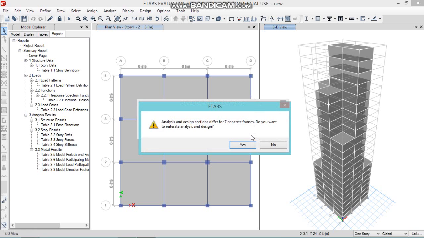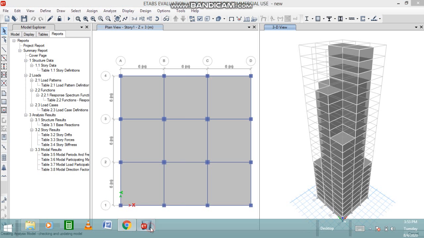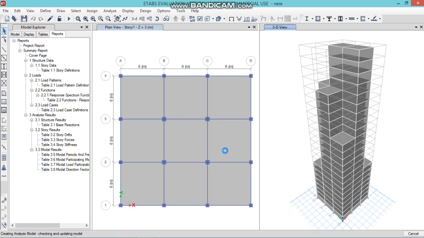A new notification has popped up which says analysis and design sections differ for 7 concrete frames. Do you want to reiterate analysis and design? Click on yes. The software is going to automatically perform the analysis and design for the new frame sections. So wait for ETABS to design.